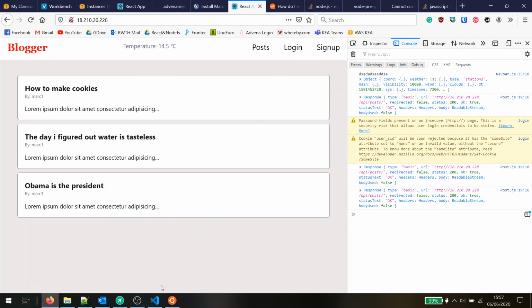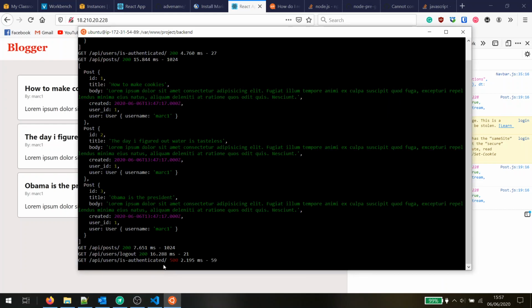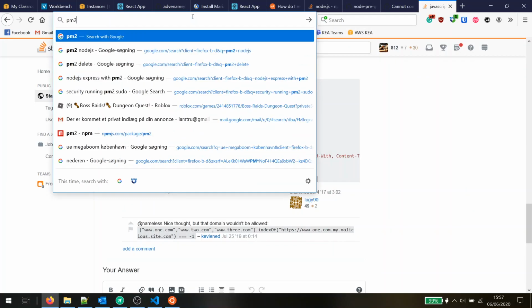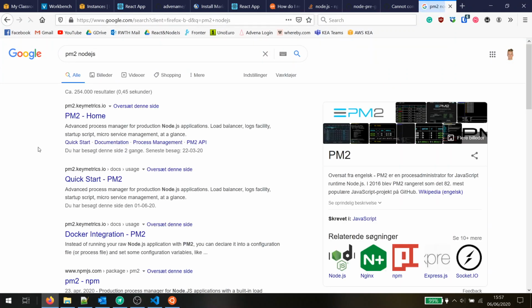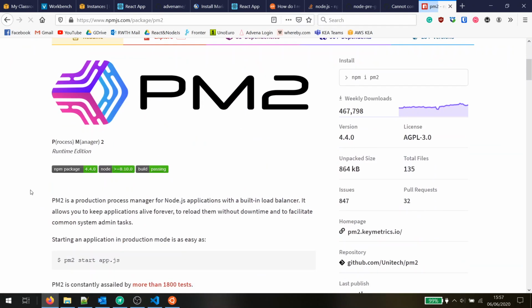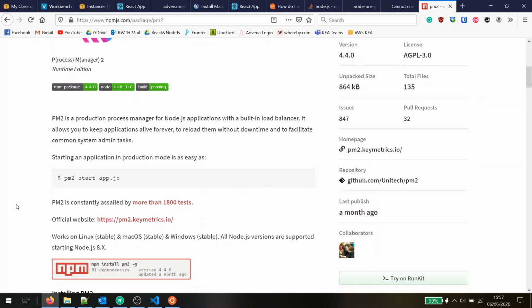Even though this now works, it's still not a perfect environment, because on a server, you simply don't run the server just using Node or Nodemon. For a server, you want to use something more optimized to run, and that is PM2. PM2 is a production process manager for Node.js, which means it runs the server files that you decide in production mode. So when it crashes, it doesn't shut down the server instantaneously, and you get an overview of the resources